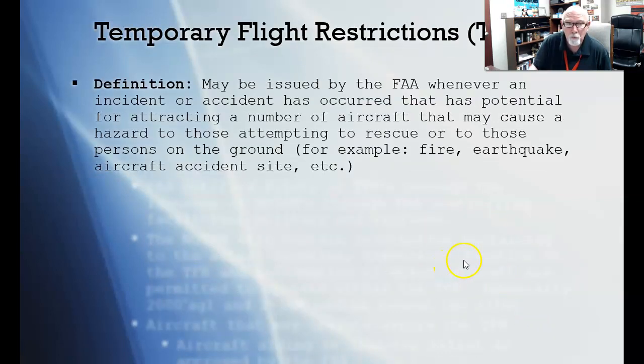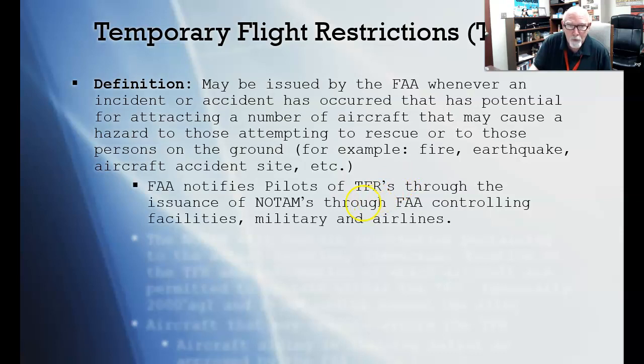TFRs, or temporary flight restrictions, may be issued by the FAA whenever an incident or accident has occurred and has a potential for attracting a number of aircraft, rubberneckers, that might cause a hazard to those attempting to make a rescue. For example, fires, earthquakes, aircraft accidents, hurricanes. They may put a temporary flight restriction if we had a big hurricane on the coast, if they were doing big aerial